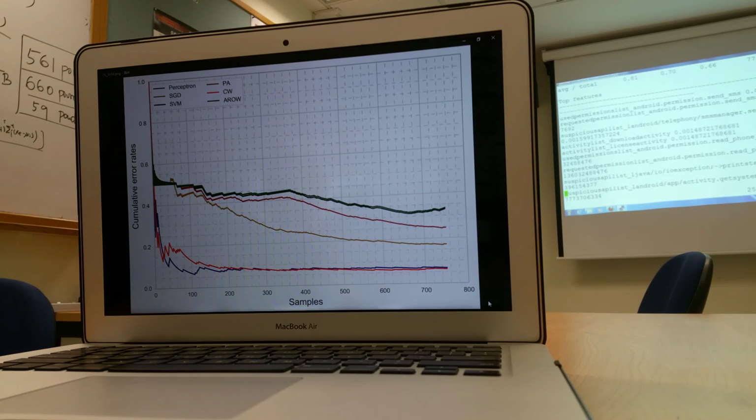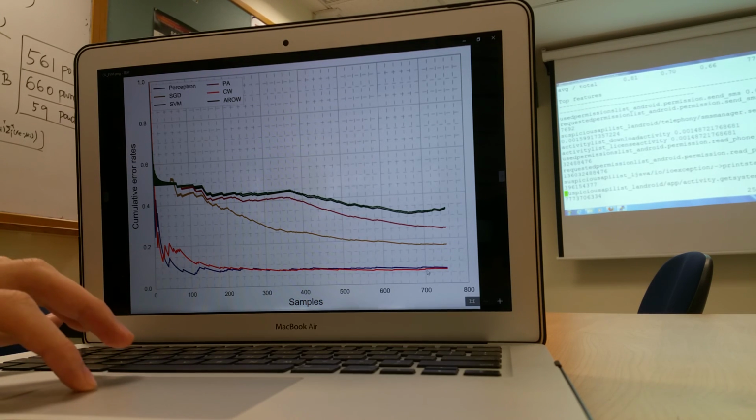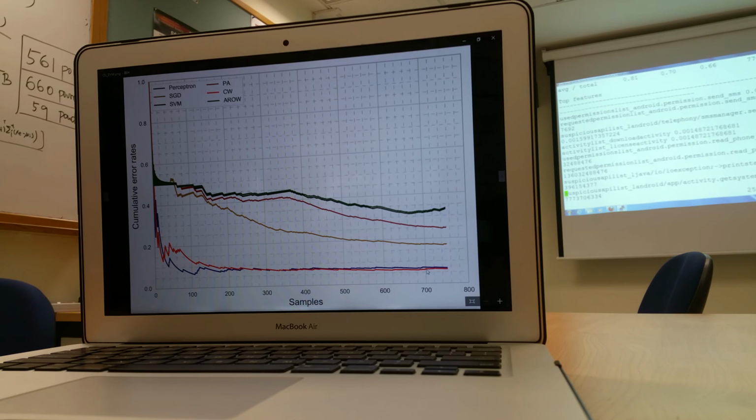So we expect SVM to perform poorly. We see the best classifier to be CW, and the next best to be perceptron. Both are online, and they have nearly 1% error, less than 1% error, right? Yes. And then we also see SGD performing quite well, and PA performing